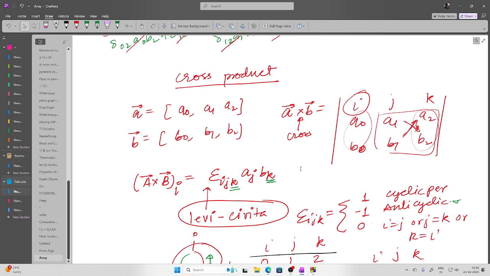Now here, if you look closely, j and k are the indices which are repeating. And always in case of a repeating index, we have to add. So j and k are repeating, no problem. So the ith term we will be getting. That's why we are writing it for ith. And this epsilon ijk is what we call the Levi-Civita tensor,